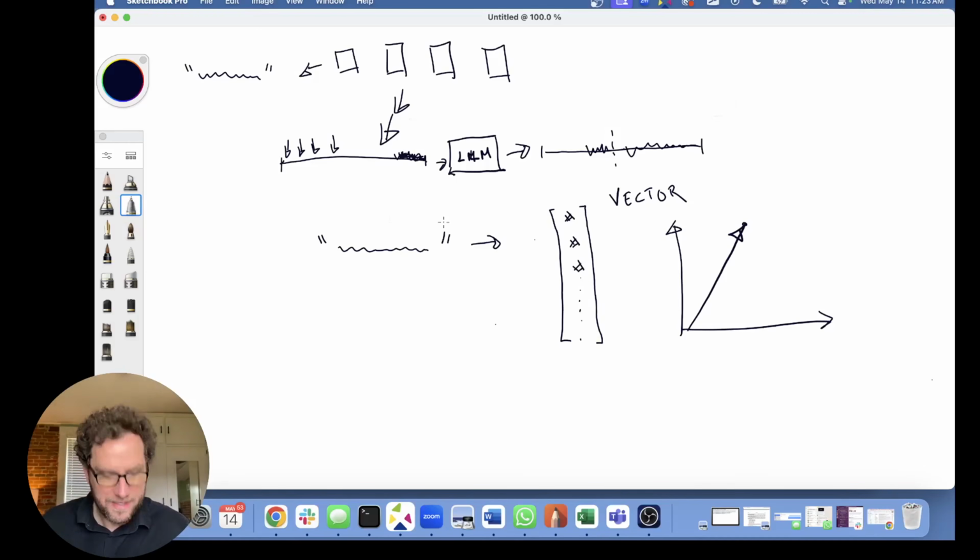So here's the basic idea. Large language models are going to take in text, so a string of tokens, and they're going to give a string of tokens back. The user's query will be a string of tokens, so some text. That text is going to get turned into an embedding vector. So this is like a one-dimensional kind of matrix. There's a number here, there's a number here, there's a number here, dot, dot, dot. Depending on what you're using for the embedding, it could be 1,500